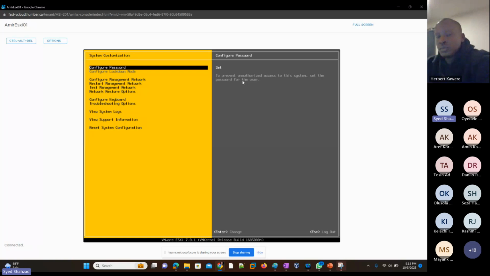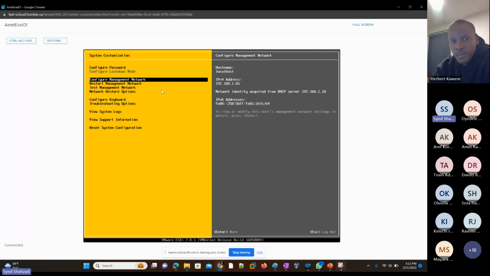And you should see this screen, right? OK. Now we're inside the configuration area of the hypervisor. So we're going to go down here with the down arrow, and you can see on the right side, as soon as you go to the